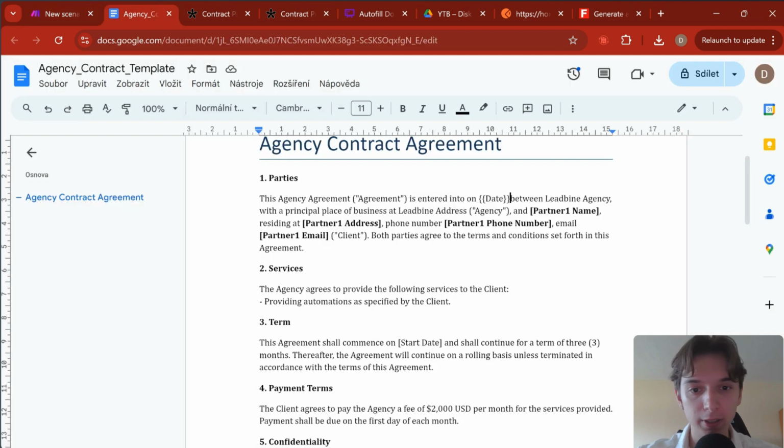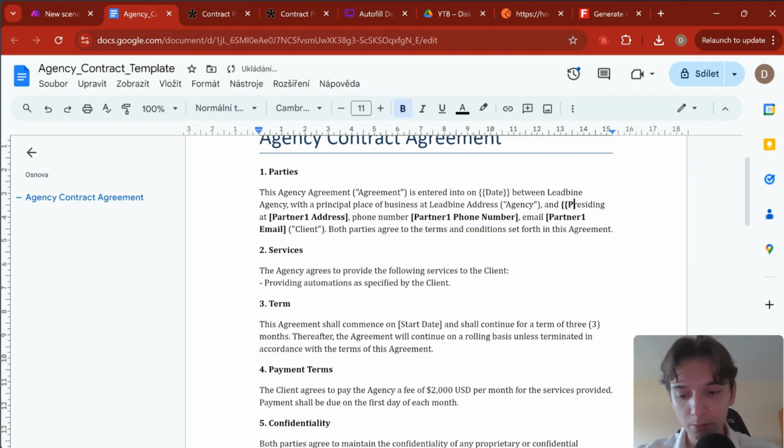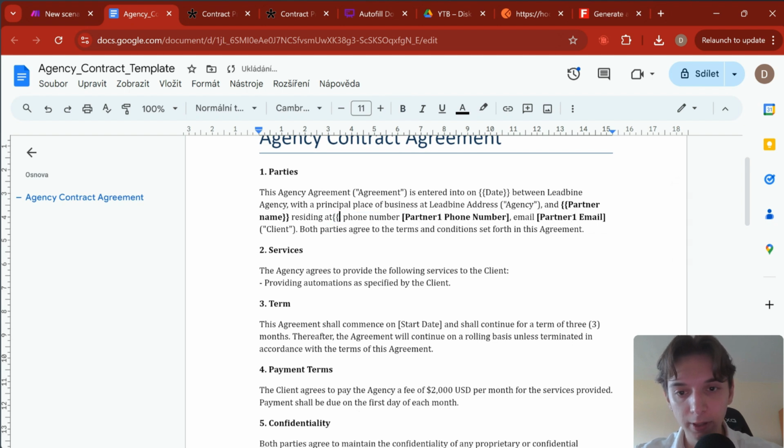So here we want to fill in the date. Now let's do the same for the partner name. And by the way, if it's bold here, the final data that we will fill in will also be bold. So partner name. And now address. As you may have noticed, we don't get the address from the contact form as one string. We have it separated because it's also easier to work with it later. So there's the line 1, line 2,